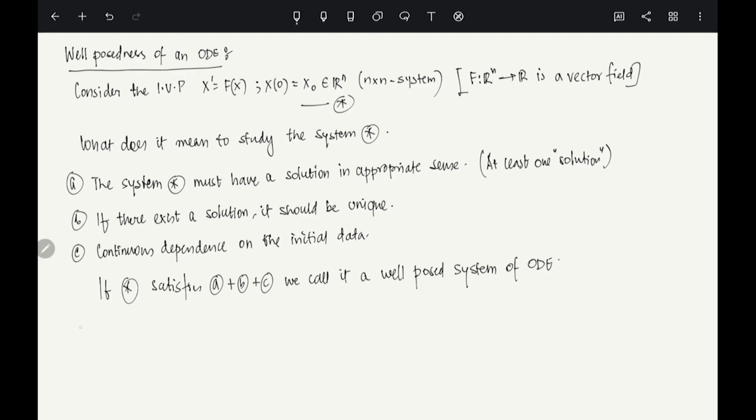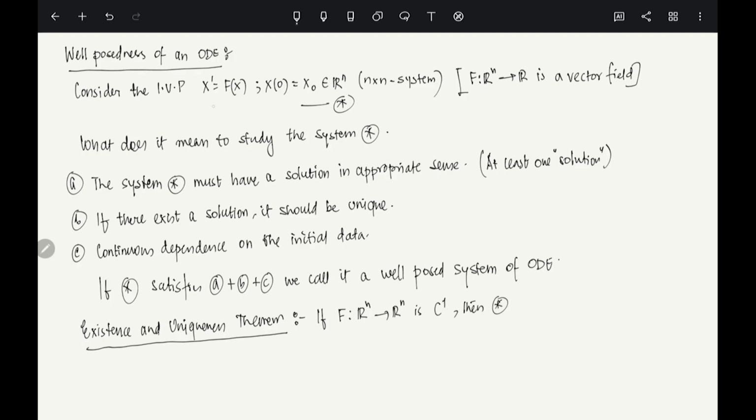Okay, so here we have already seen in the last lecture the existence and uniqueness theorem, Picard's existence and uniqueness theorem, which you also call the fundamental theorem. So let me again state it here, because it is very, very important and we should always know this. So what we have is this: if capital F from Rn to Rn, the vector field in question, is C1, then